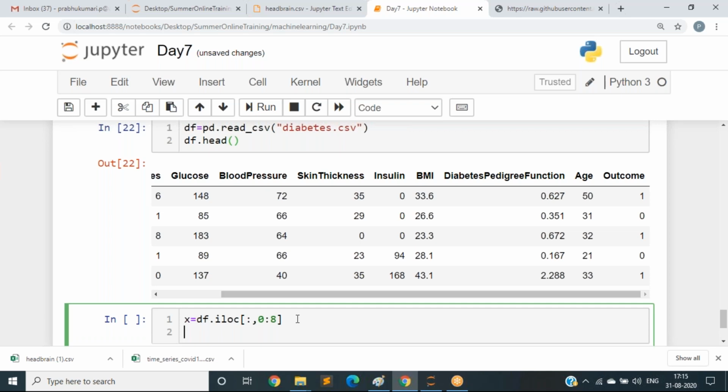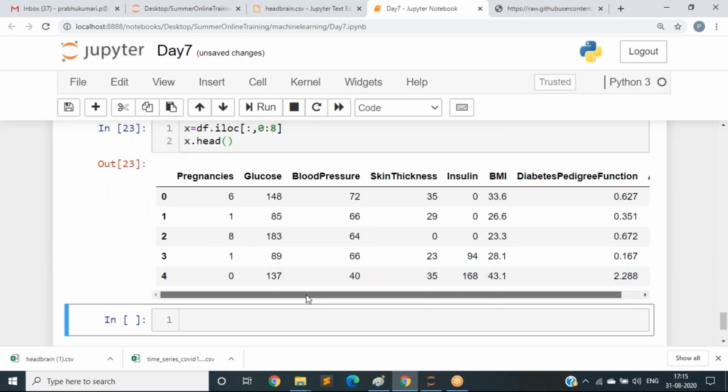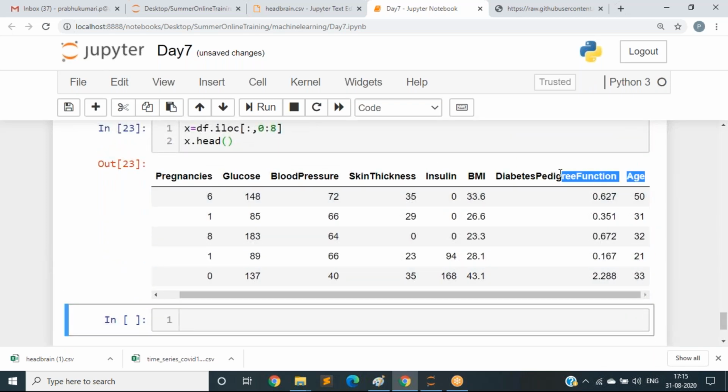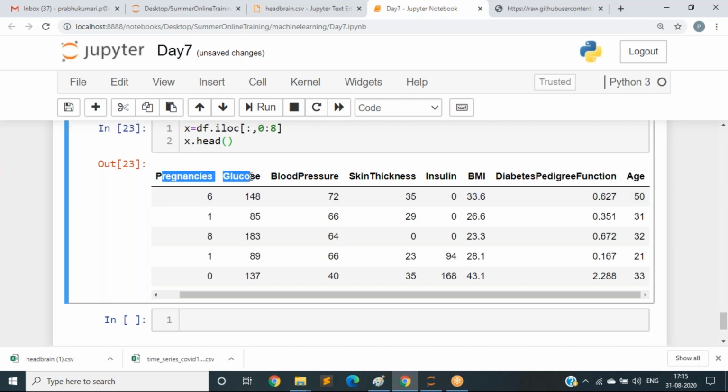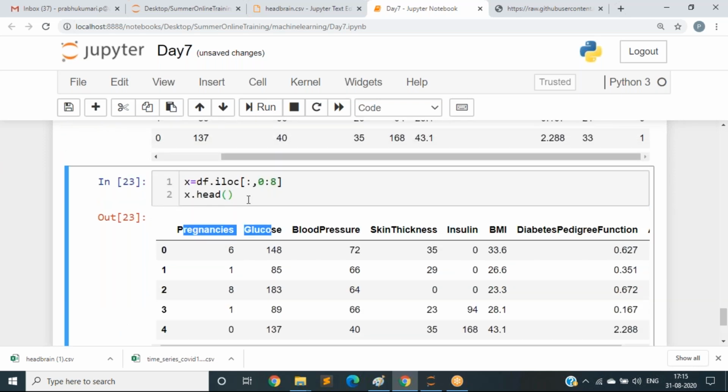Let us check if I am getting all the columns that I need. If I give x.head, I got the output except the output column. Next, what is the y here? What is the dependent variable? Nothing but the outcome, df of outcome. The same steps we follow here; only the algorithm will change.